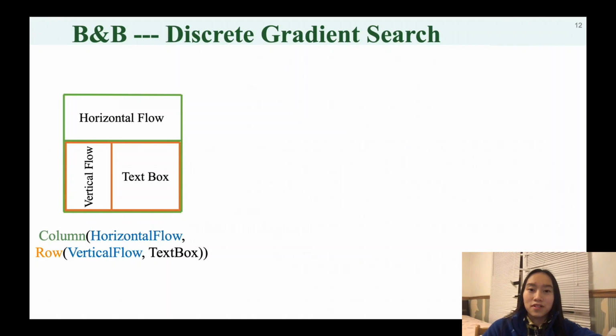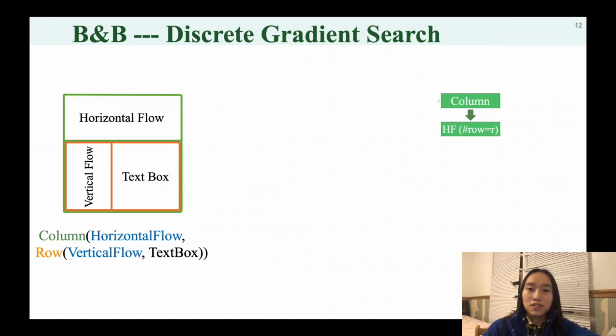The solver often cannot quickly search all branches, so we need to limit the search to branches that may improve the solution. We achieve this by conducting a discrete gradient search for better solutions. The search uses parameters of the layout, such as the number of rows a horizontal flow is broken into. The overall idea of our approach is to first try the local best fit with the preferred number of rows or columns in the flow at each flow node, and then gradually explore into the direction of decreasing overall loss by adding new branches to process for both smaller and larger numbers of rows or columns.